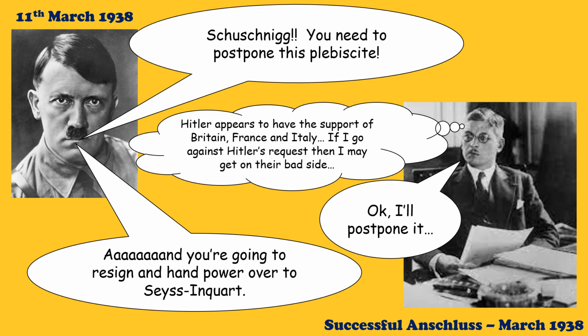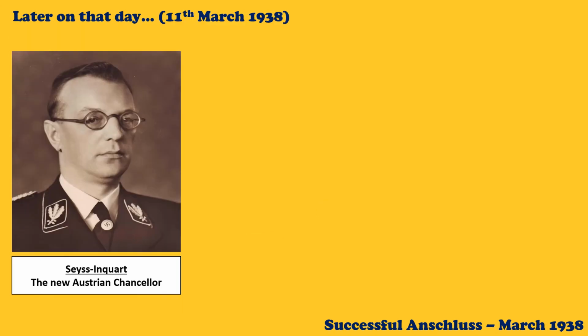Schuschnigg has totally shot himself in the foot. He was so intimidated by Hitler and the military strength that he had absolutely no choice. And they don't mess around at all. They don't wait. Schuschnigg leaves on the 11th of March, on that same day where Hitler says, "You're resigning, buddy. Okay, off you go." He doesn't even ask him to resign. He says, "You're gone. See you later." And Seyss-Inquart is put in power that very day.